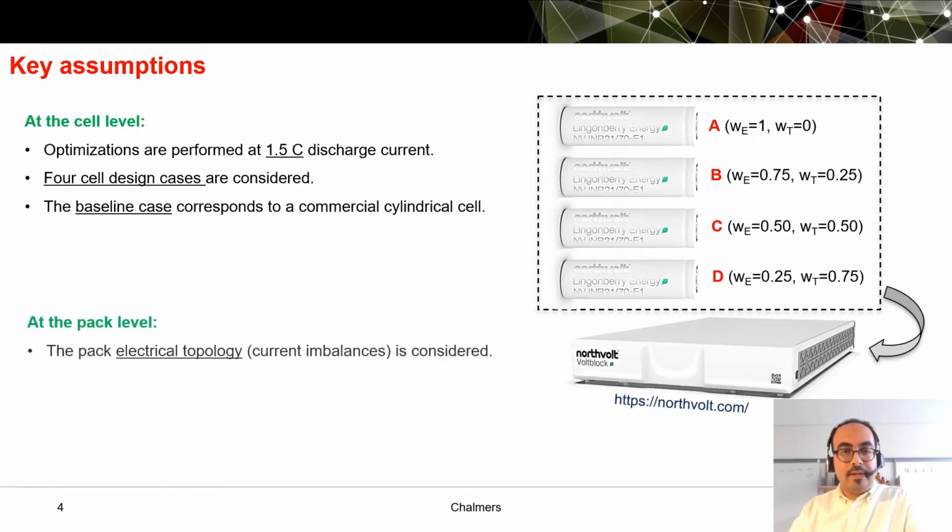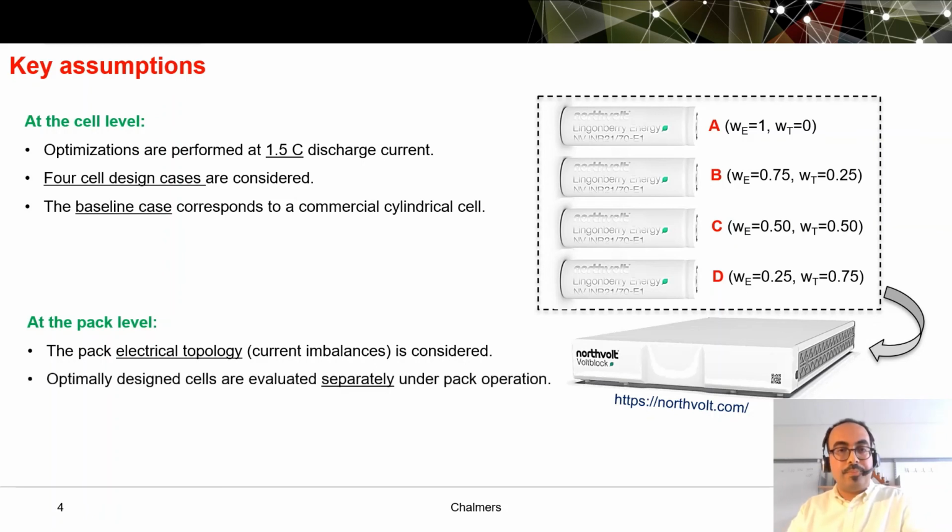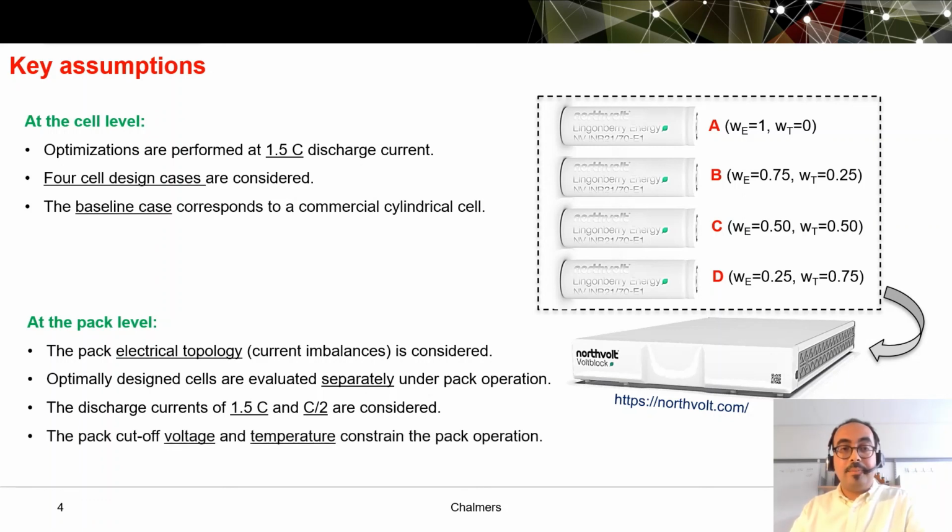At the pack level, the battery pack electrical topology, or in other words, the current imbalances inside the battery pack, is considered. And optimally designed cells at the previous stage are evaluated separately under battery pack working operation. The discharge currents of 1.5 C and C per 2 are considered in our evaluations. And the battery pack cutoff voltage and temperature